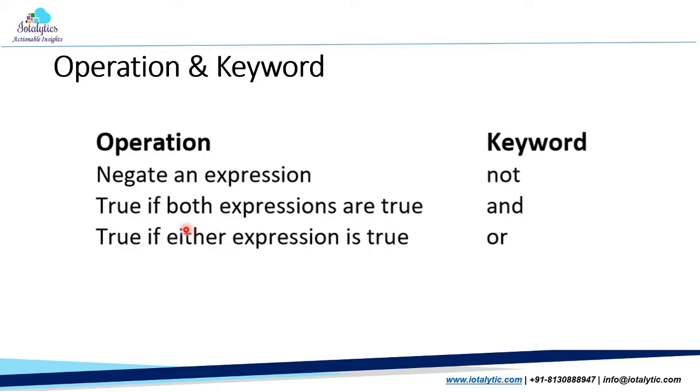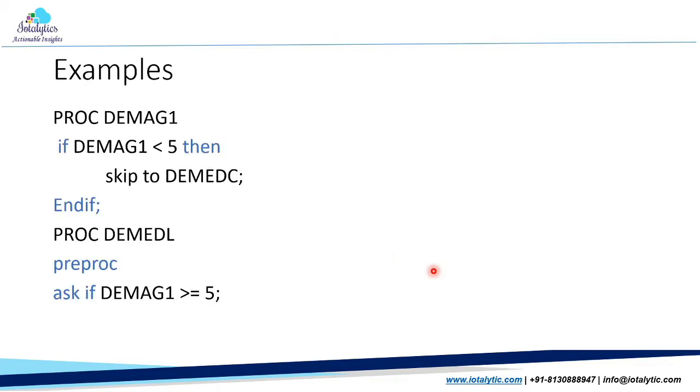If both expressions are true, then you can use it. Suppose I want to make a skip pattern with two variables, x and y. If both conditions have to be satisfied before some execution happens, then I can use the and command. If there are multiple variables and whichever value comes, whatever the action is going to happen, then accordingly I can use the or command.